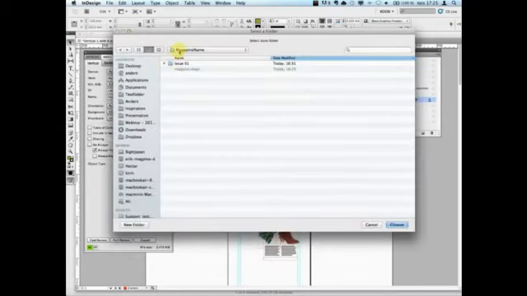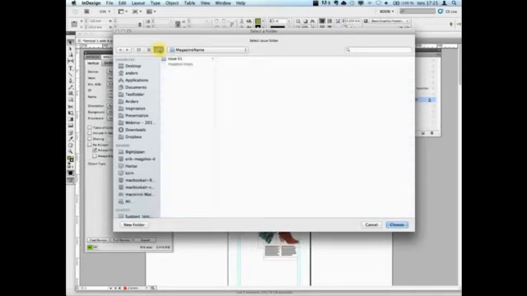And this is where I select where I want to export my vertical. So here I've created a folder called magazine name, the name of your magazine. And then inside that folder, I created an issue folder, first issue, issue 01. And I've selected this folder to export to